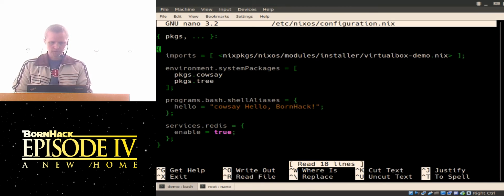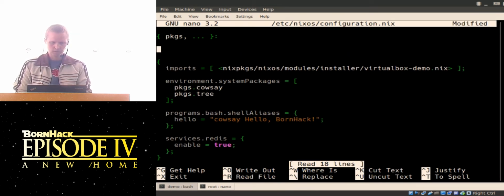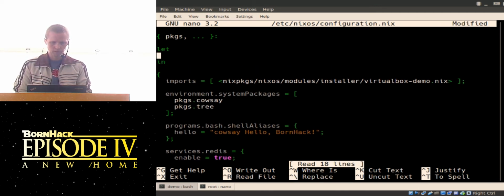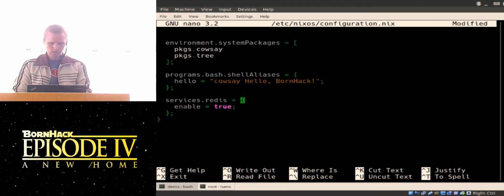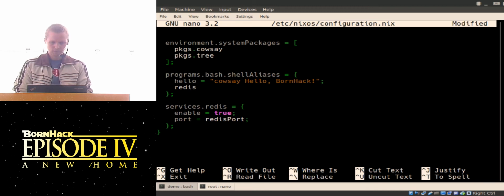So that's cool. And of course, since this is a complete programming language, I can do some other interesting things. So I can say the Redis port. I want to use a custom Redis port. And then a port, like a Redis port. Now I made this a variable since I also want to add a shell alias, Redis 8, for example.